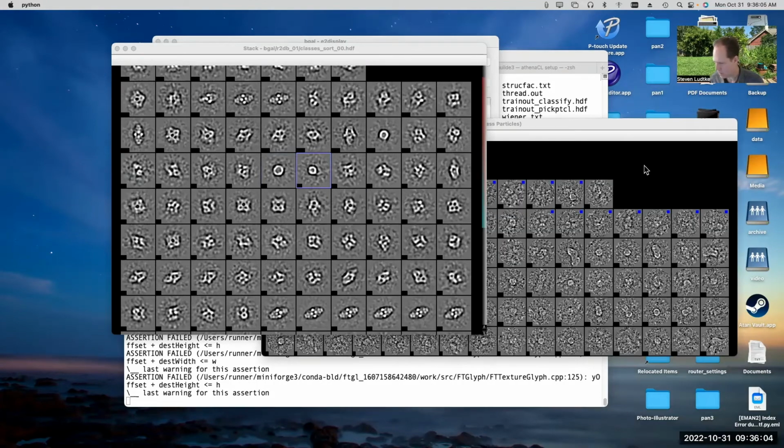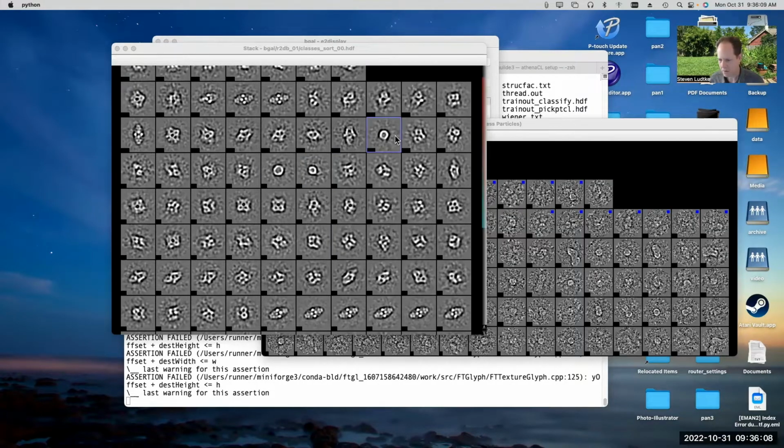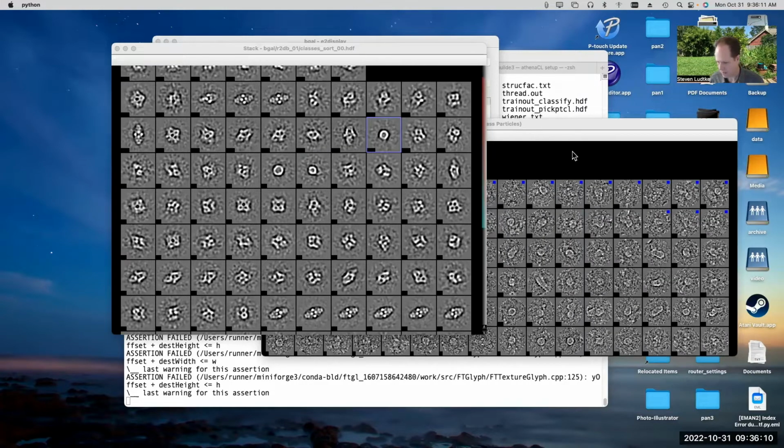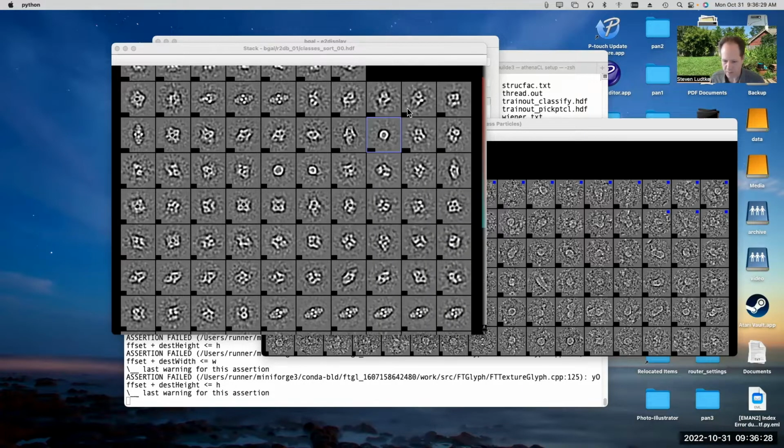We can look at this one, and we can also see that there's a bunch of issues there. This one, again, there's a bunch of bad stuff in there, and it's kind of obvious because of the really high contrast and the funny shapes. The funny shapes are really obvious, but if you see something like this, maybe that's actually a particle. It's just in a particular orientation where it looks kind of like that. That may or may not cause you problems. So